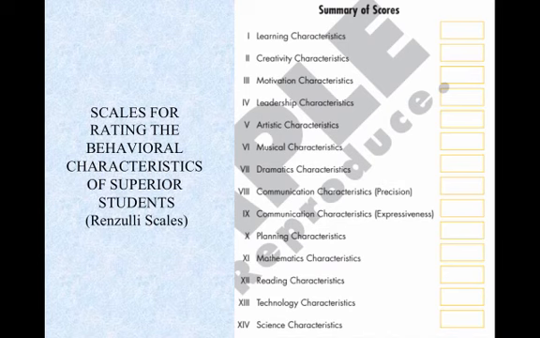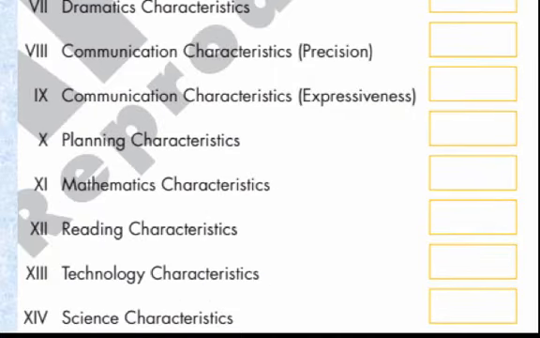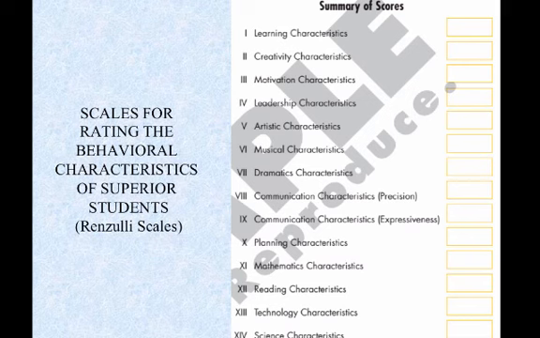So on his scale, he looks at learning characteristics. He also looks at creativity, the motivation to get the work done, leadership characteristics, artistic characteristics, musical characteristics, dramatics, communication, planning, mathematics, reading, technology, and science. So this is a much more comprehensive scale. You can go online and see the sample that's online. Again, I can't copy this, but it just kind of gives you an idea of a different scale that could